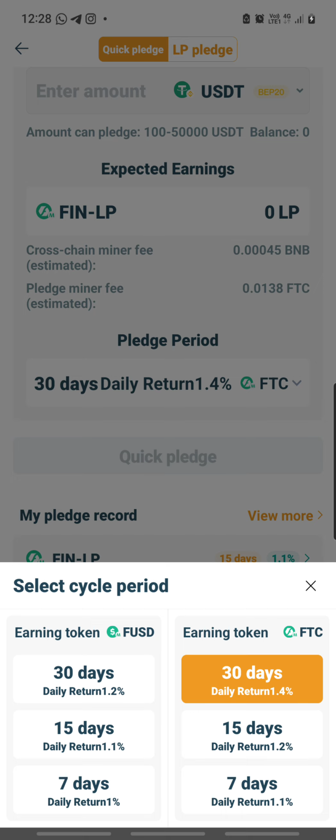So for example, FUSD, for 30 days your daily return is 1.2%, but if you were to opt for FTC coin, your daily return is 1.4%. Okay, and for 15 days FUSD return is 1.1%, and if you opt for FTC coin, it is 1.2%. Then if it is 7 days FUSD, it is 1%. But if you opt for FTC, your 7 days return is 1.1%. See? So this is the major differentiation for upcoming